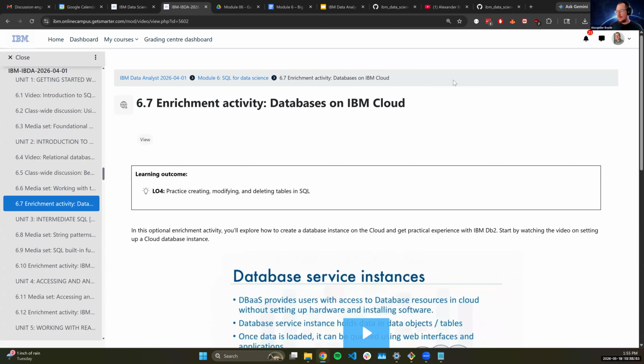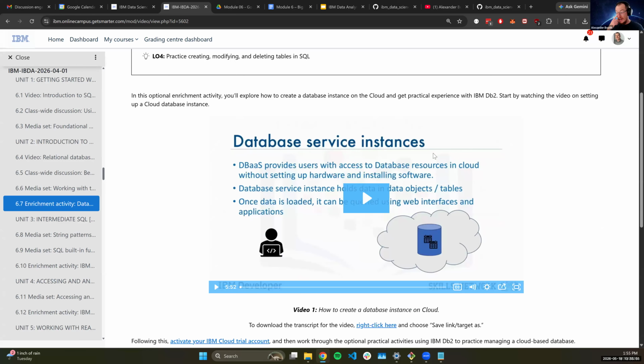In this case, IBM has actually given us free access or a free trial to their IBM Cloud where you can create databases on the cloud. So this will give you pretty direct practice regardless of if you're going to move to AWS, Azure, Google Cloud. The IBM Cloud is really not that different from any of it. So being able to create databases on a cloud is a skill that translates across all clouds.